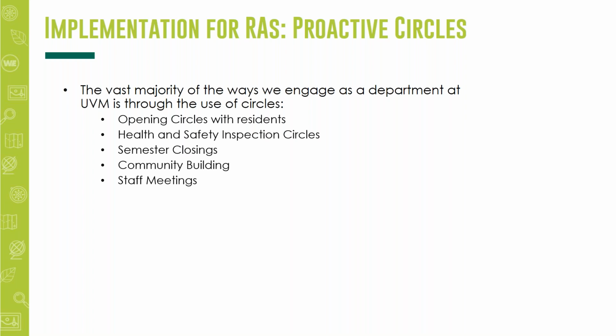And staff meetings is another big way that we use circles with our RAs. So as supervisors, and we have our RA staff meetings, we do that in circles as well. And then we use one-on-one staff meetings as a way to do circles as well in implementing RP. Using one-on-ones to talk about name, badge, what's coming up for folks, asking those questions, etc.